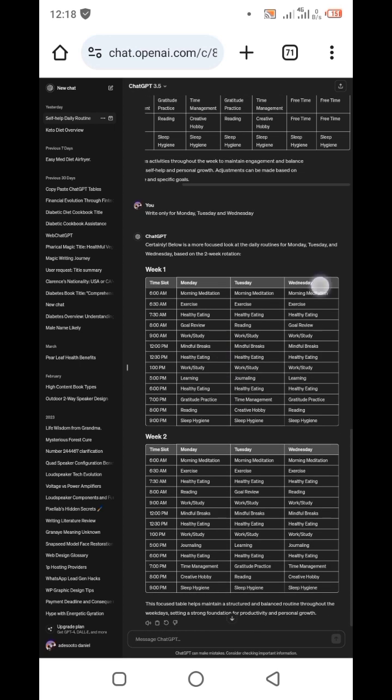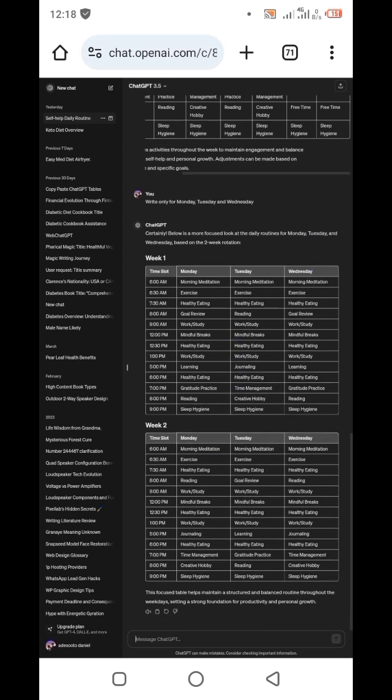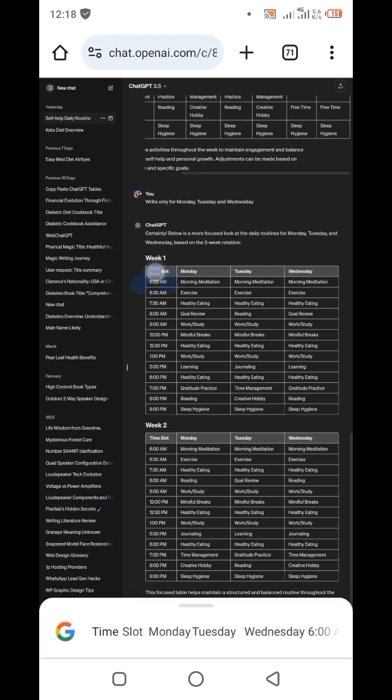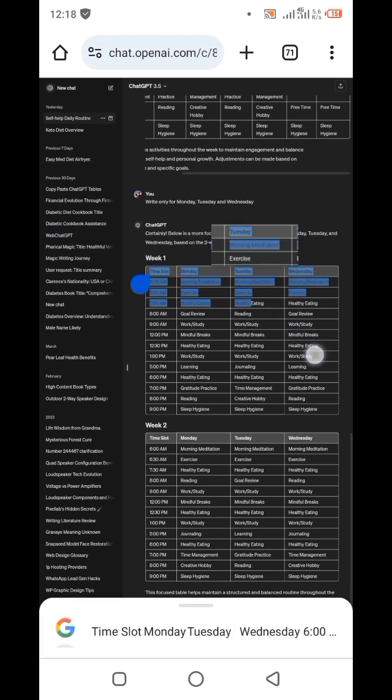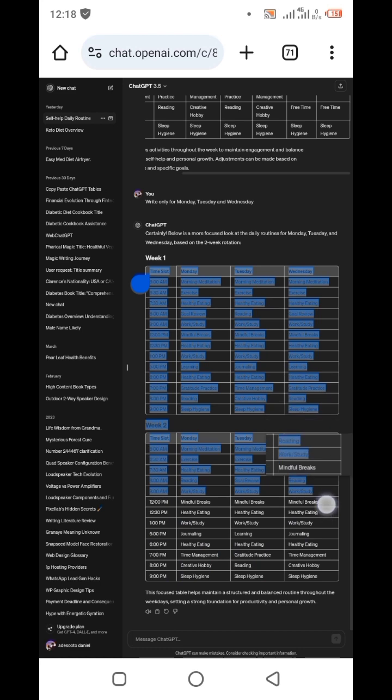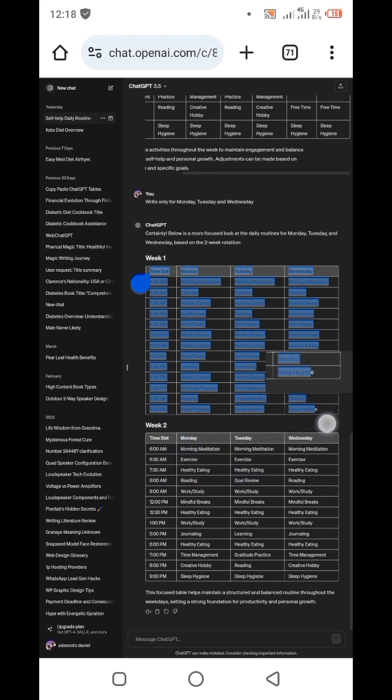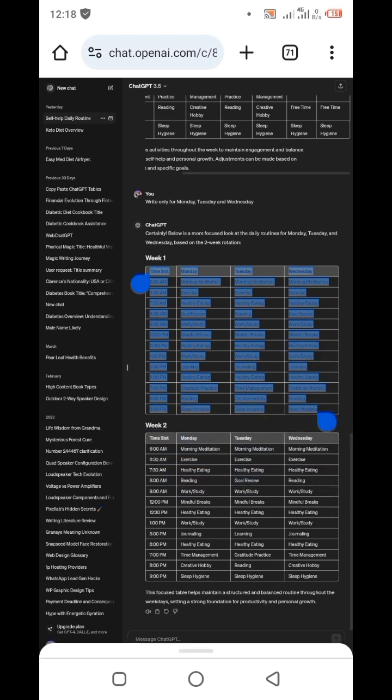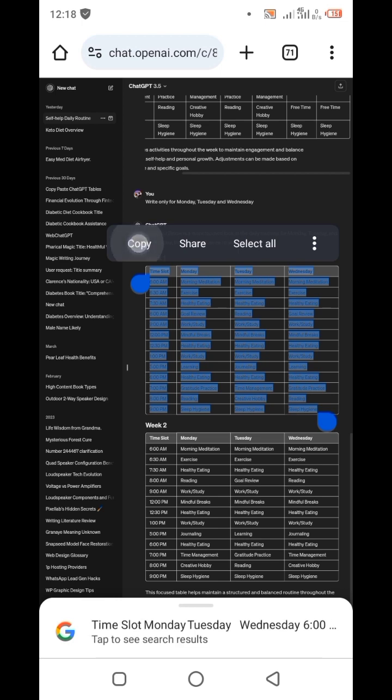Now if you want to copy something like this, you don't use the copy section below here. If you are copying a table, you want to highlight from this part like this and do it this way. You want to copy table by table. If you copy everything like this, you might get it as a single table as the outcome. So you want to copy it bit by bit like this. After you are done copying, you just click on the copy option